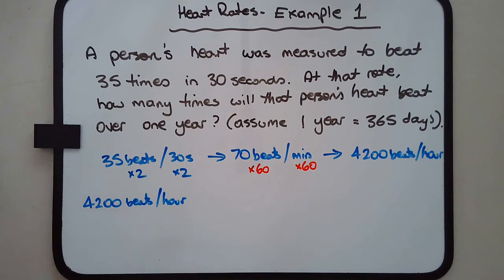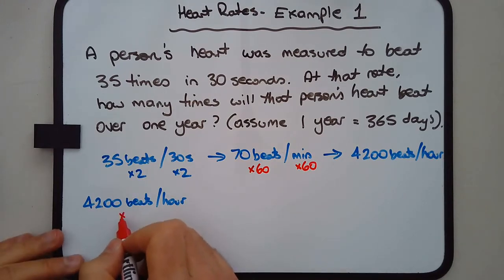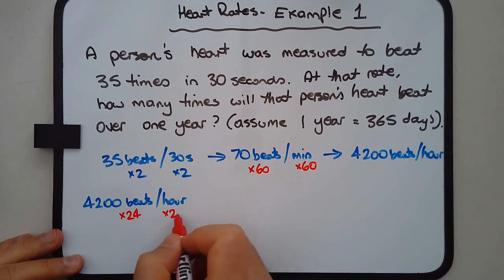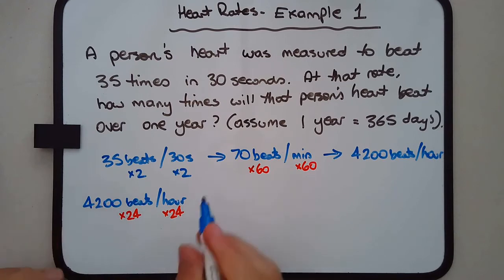Let's now convert it into beats per day. Minutes are very easy to convert into a rate per hour by multiplying by 60. Beats per hour into beats per day, over the space of a day, we can multiply both by 24. After all, 24 hours is equivalent to 1 day. So we're just talking about unit conversions as we go along. So 4,200 times 24 is